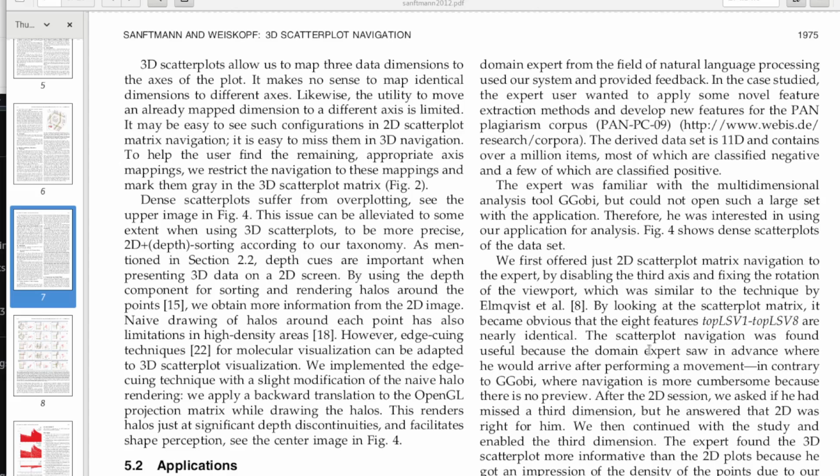5.2.2 Feature extraction for natural language processing. This application scenario covers the exploration of multi-dimensional data with many data points so that a dense coverage of scatterplots can be expected. More specifically, a domain expert from the field of natural language processing used our system and provided feedback. In the case studied, the expert user wanted to apply some novel feature extraction methods and develop new features for the PAN plagiarism corpus, PAN PC09,